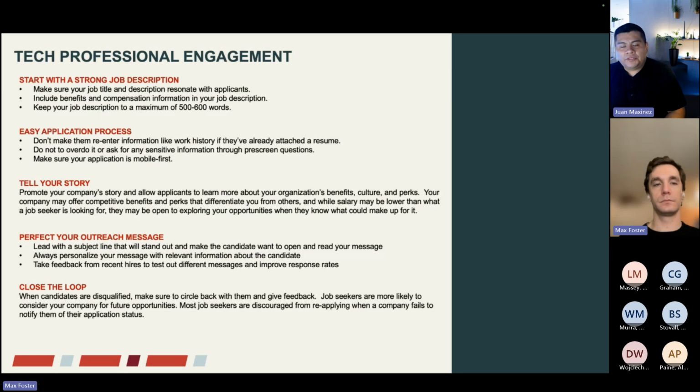And then telling your story. So I touched a little bit on this earlier when I mentioned the competitive salaries. Make sure that you're telling your story. So we obviously offer some solutions as far as how you can showcase your culture, the benefits that you offer, things that really make you stand out and would attract some of that talent. So if you have questions, please reach out to your client success partner or account manager.